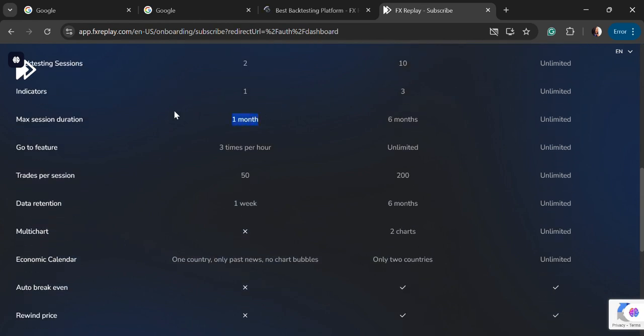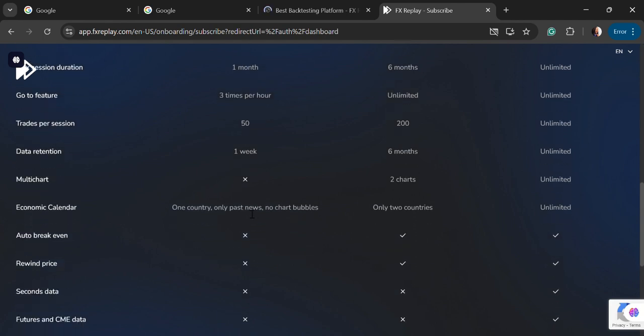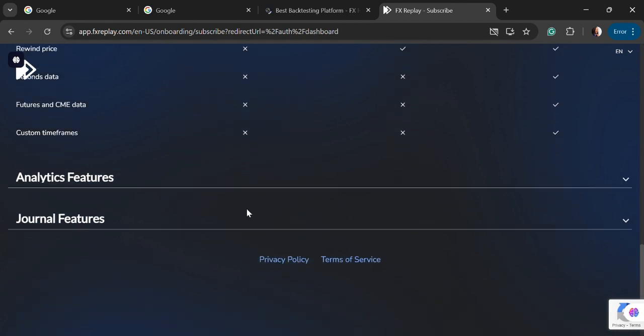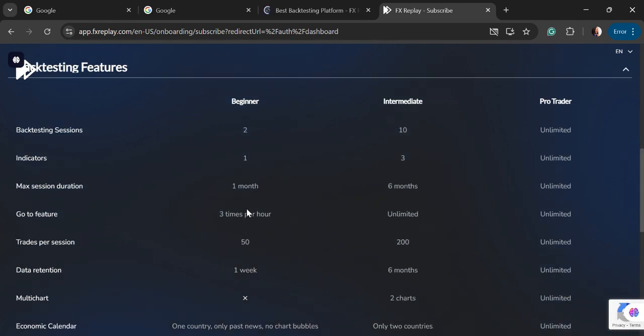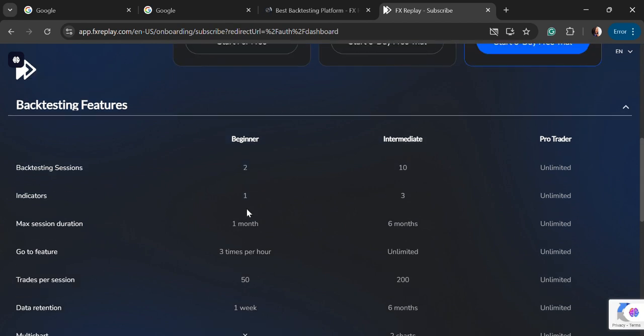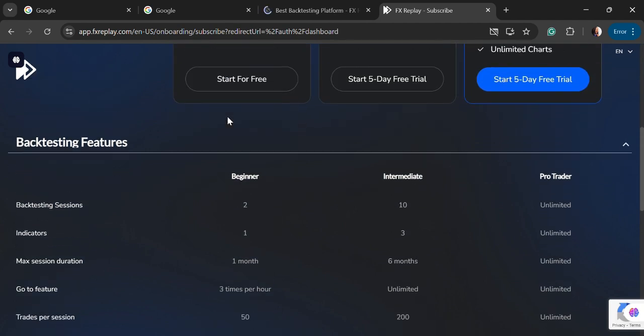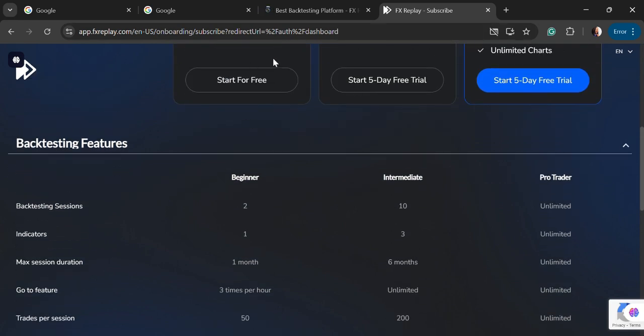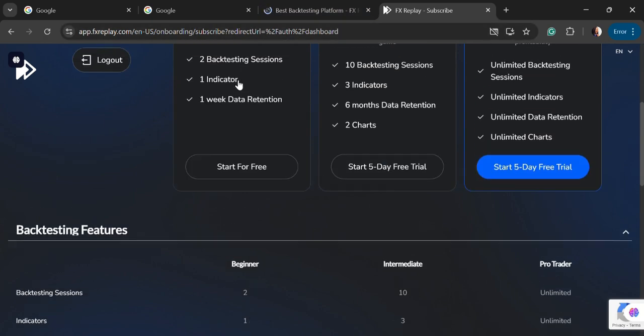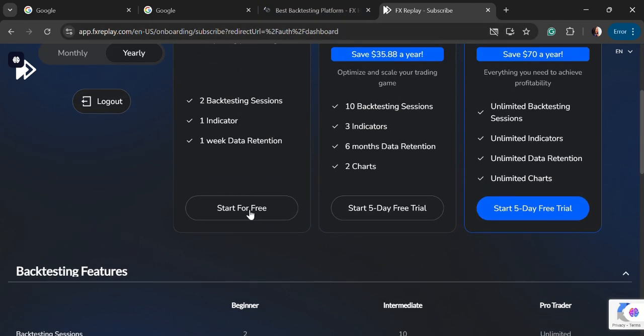So you can have 1 month's max data, and then 3 times per hour, you can do up to 50 trades. So in a session, you can just have access to only 1 month of data. Right. So just click on start free,